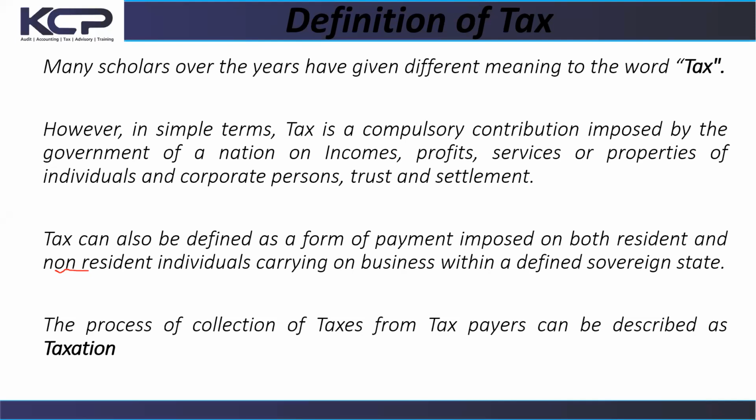The Federal Inland Revenue Service represents the authority, while the other one is for the state. I didn't get you very well. Your voice was a bit cracking. I said the FIRS, Federal Inland Revenue Service, represents the federal government relevant tax authority, while the other one represents the states internal revenue. No, that is not very correct.